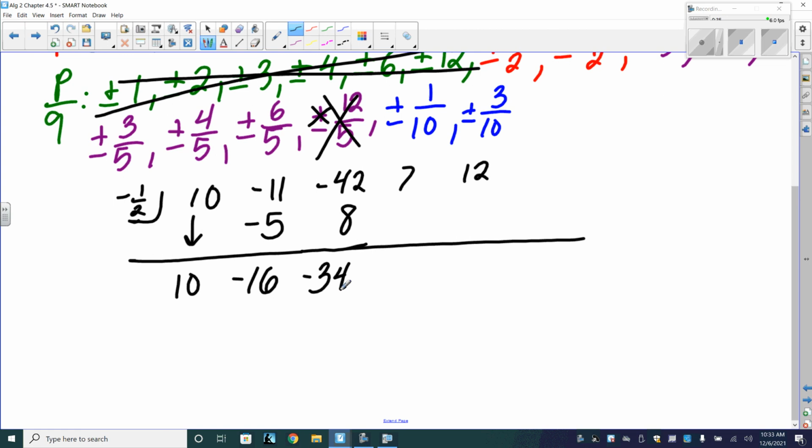Because negative 42 plus 8 would get us down to 40, which would leave us with 6, which would get us down to 34. Negative 34 times negative 1/2, well, the negative and negative again, positive 34 divided by 2 would be 17. 17 plus 7 is 4. Our new number would be negative, and half of 24 is negative 12 plus 12 is